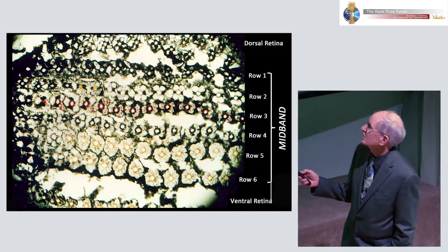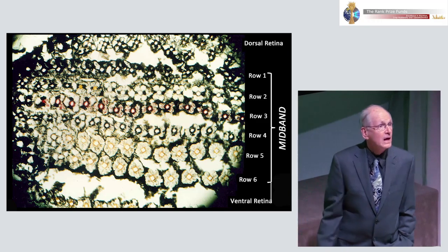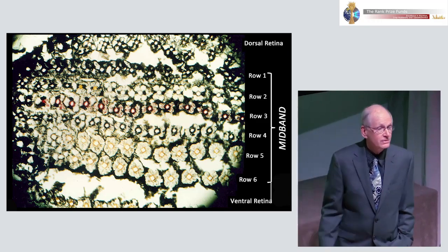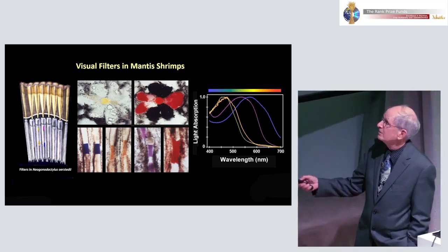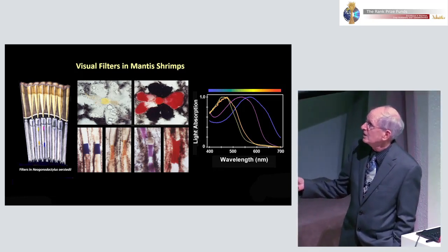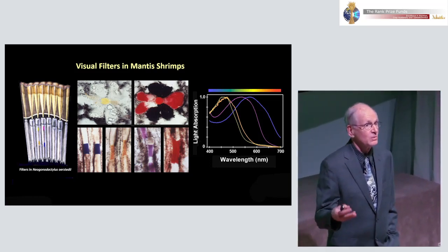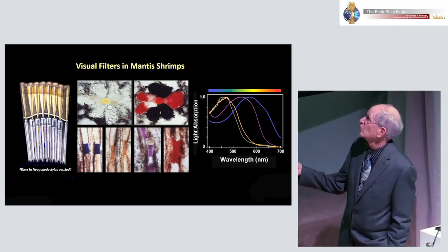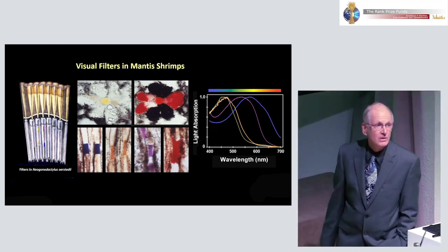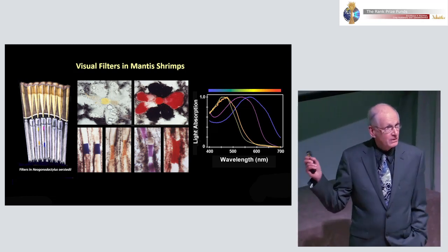And when you have a section of the retina like this, you can place a tiny beam in each of these receptors and measure how it interacts with light projected through it. And so first we measured the filters. Here's what they look like in life and in frozen sections. You can see they're really beautifully colored pigments. The eyes are extremely beautiful when you prepare them this way. And we can measure the way that they absorb light. These are just sample spectra to show how these 4 filters of one particular species interact with light and absorb